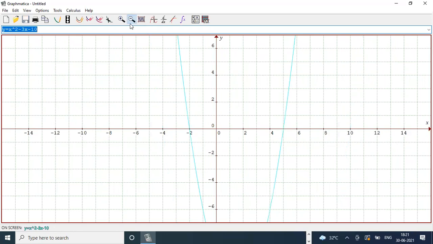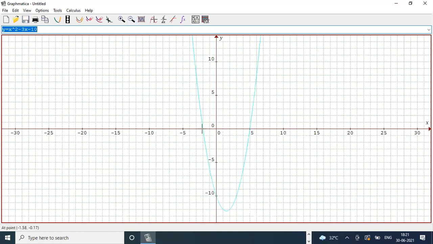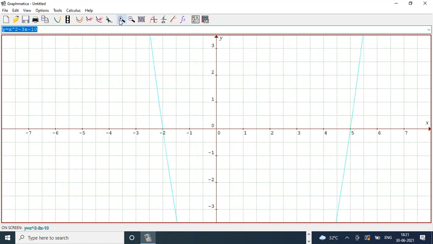You can see the graph. This graph is meeting at 2 points of the x-axis. Where the graph is meeting the x-axis, that is the solution of that equation. That's the reason in the first question we got -2 as one answer and 5 as another answer. At the values -2 and 5, my y is 0. Suppose I take the question where I got both values the same.